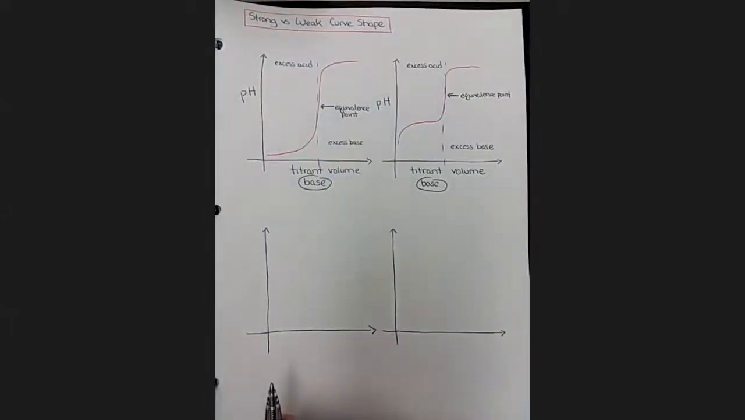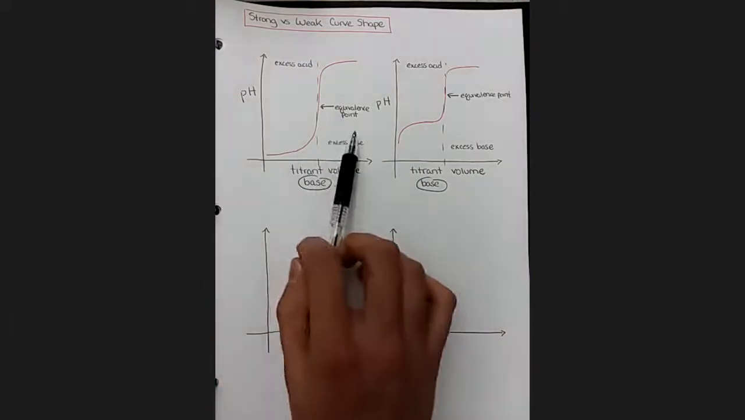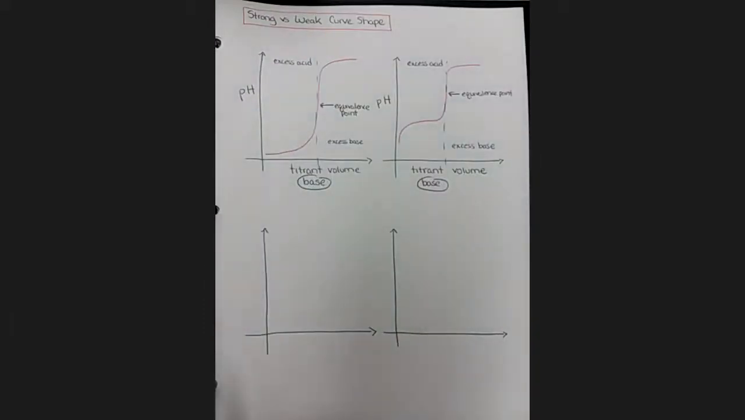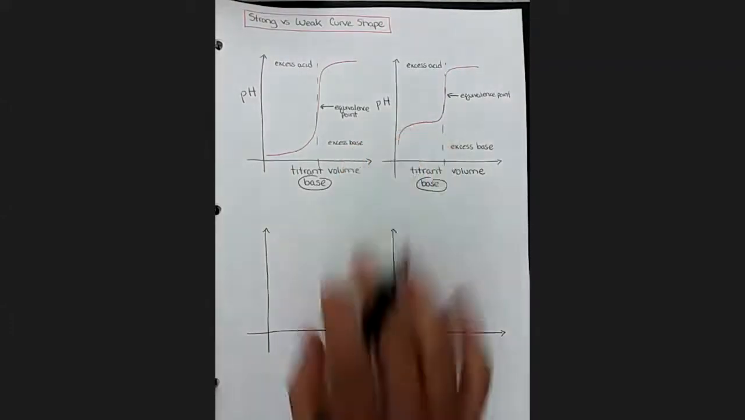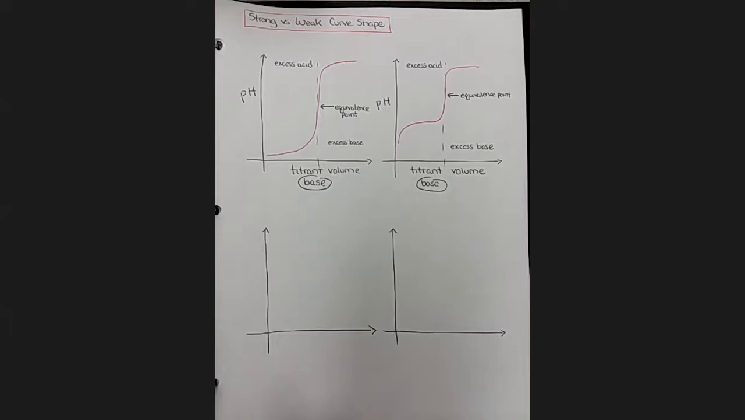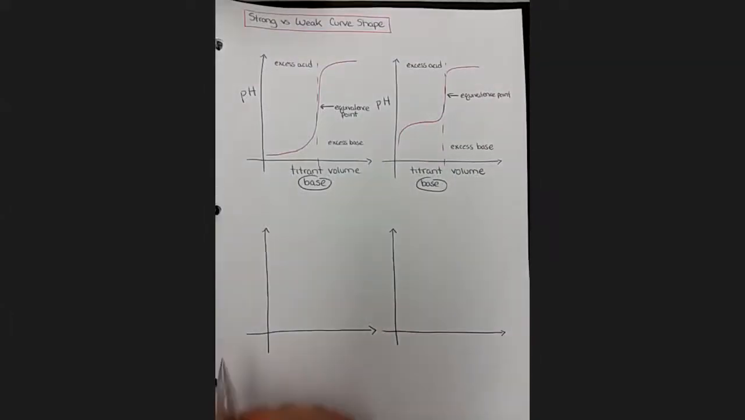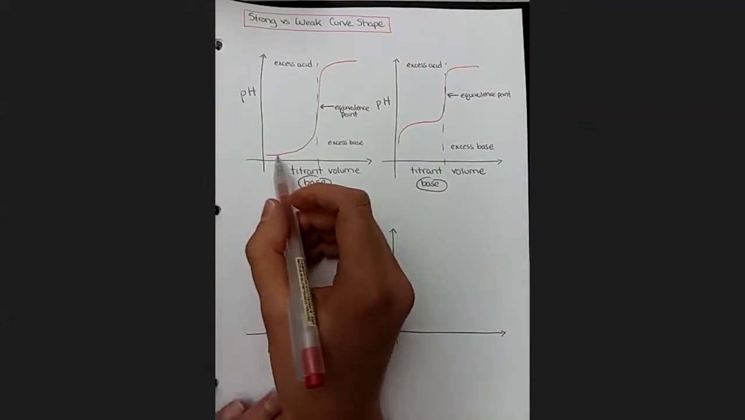Okay, so those are what makes the graph the same: their left and right halves and their equivalence point. So now let's look at what makes these curves different. One thing that makes them different is the pH at the very beginning and the very end of the titration. So at the very beginning, in the excess acid region,